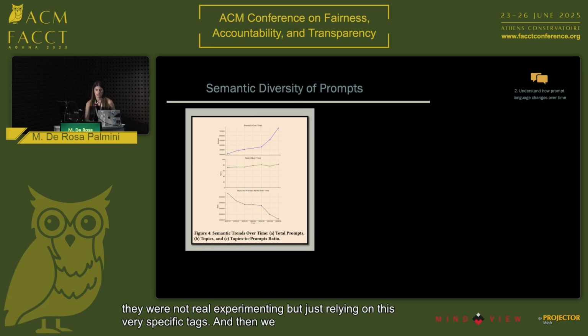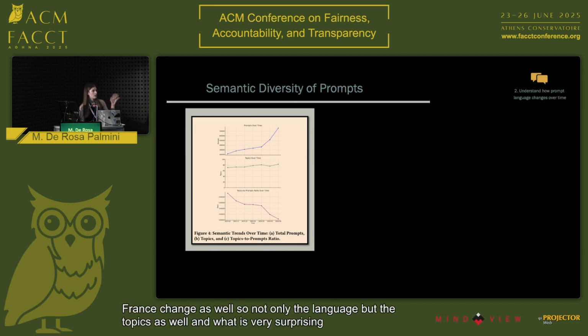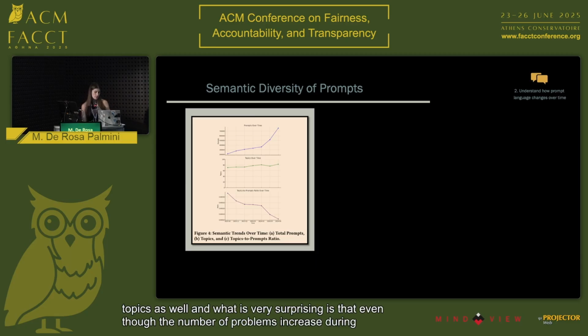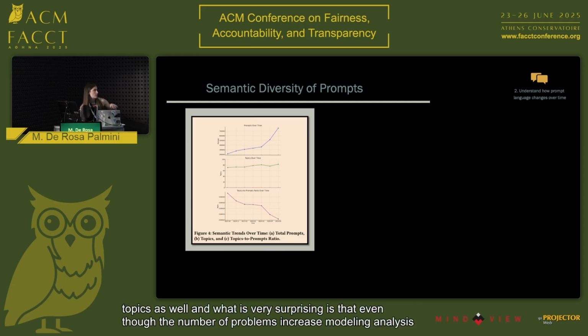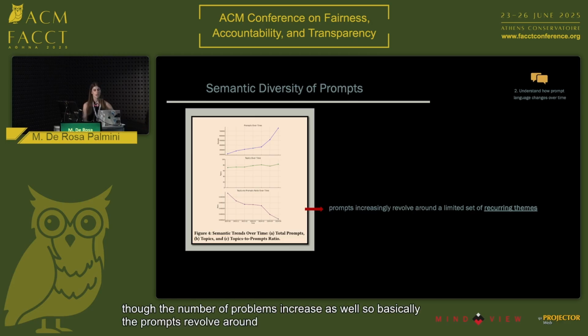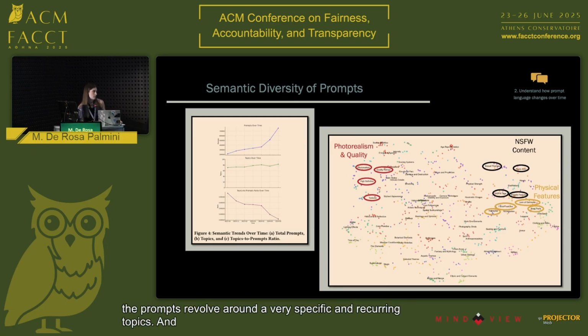Then we wanted to see whether the semantic diversity of prompts changed as well, so not only the language, but the topics as well. What is very surprising is that even though the number of prompts increased every month, when we performed a monthly topic modeling analysis, we found out that the topics stay the same and they don't increase as well. So basically the prompts revolve around very specific and recurring topics. Most of the time, prompts cluster around topics such as photorealism and quality, not-safe-for-work content, and description